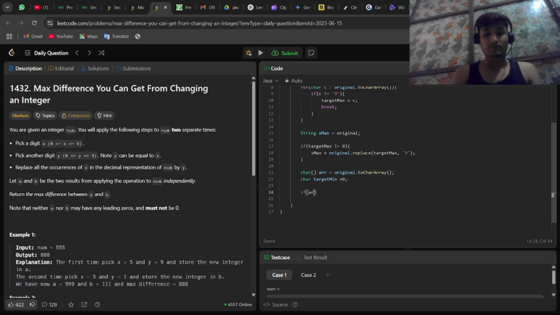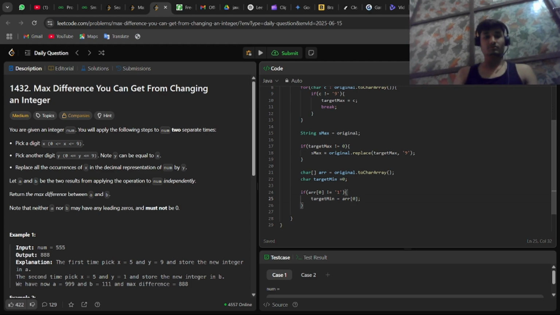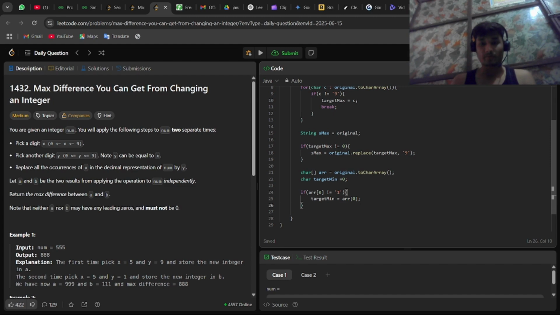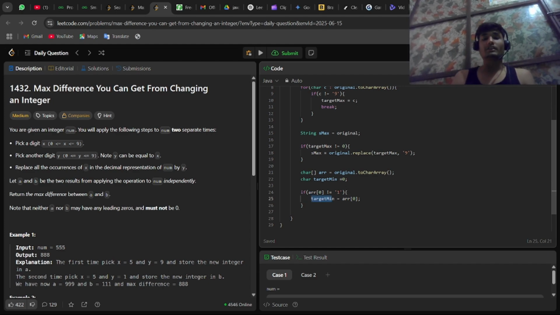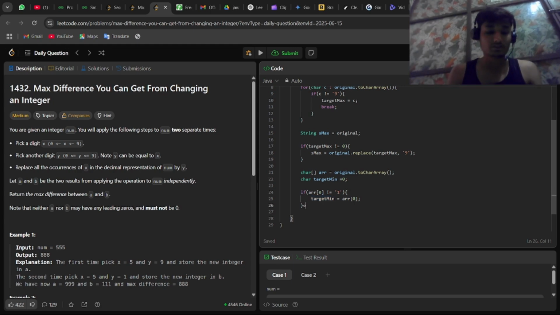Condition: if array of index 0 is not equal to 1, then we will do target min is equal to arr of 0. Here what are we doing? If our array of 0 is not 1, then in our target min we will store that value. Else,